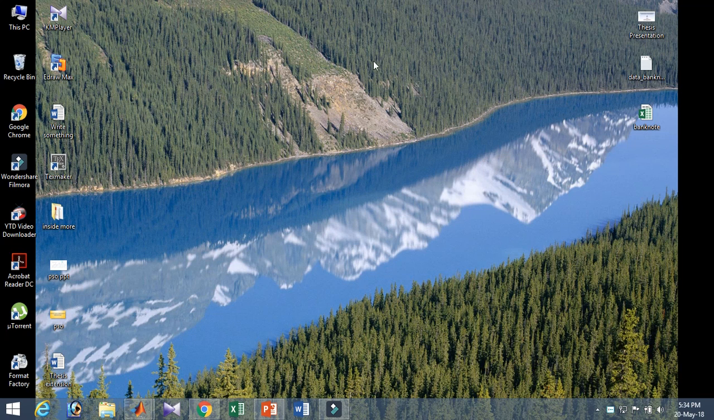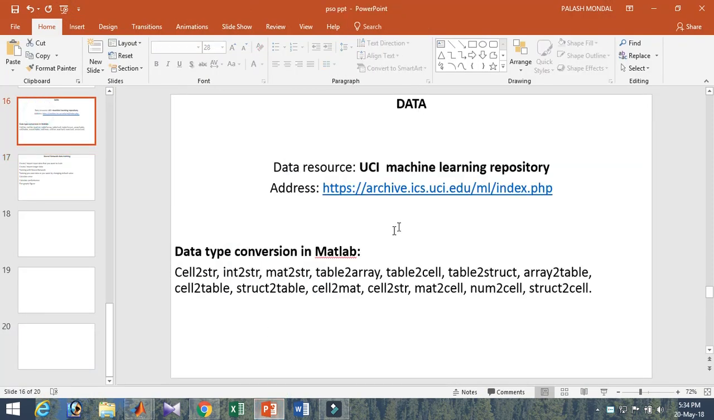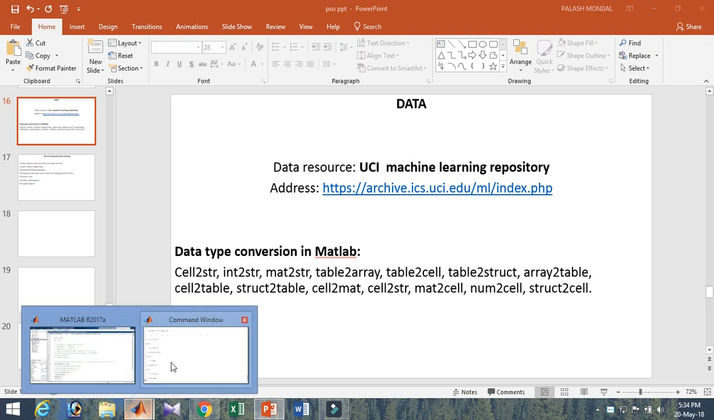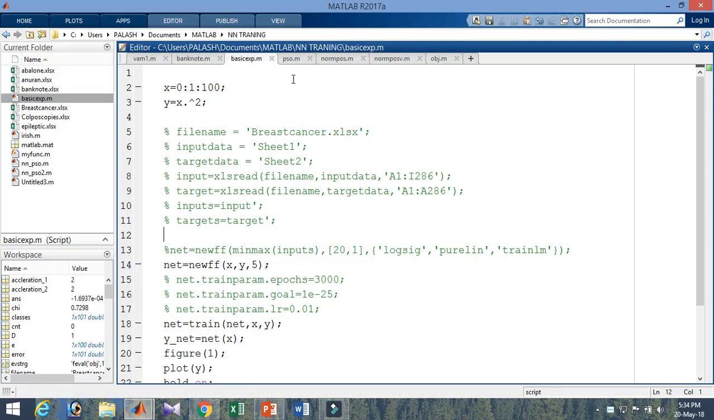So let's get started. Whatever we discussed in the previous sections about data, data resources, how you can handle the data, how to modify the data, how you take the data in an XML file, how to recognize which one is the input data set and output data set. Along with that, I forgot to mention one of the things regarding data. That is